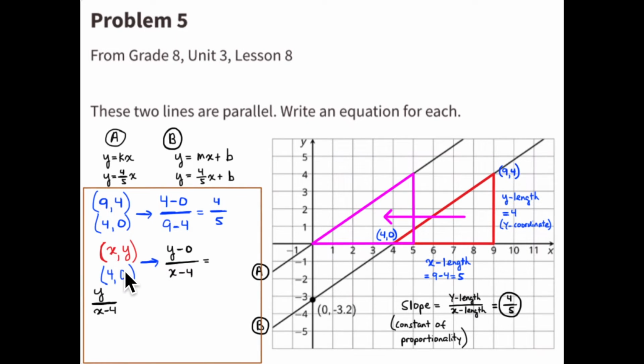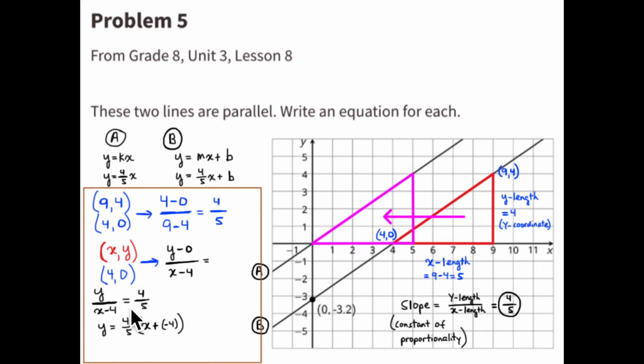So what that means is I can replace this point right here, (9, 4), with x and y. So I can choose any point along graph B. And if I subtract 0 from the y-coordinate and 4 from the x-coordinate, so y minus 0 and x minus 4, I'm going to calculate the slope. I'm going to get an answer of 4/5 for whatever point I choose, because that's the slope of the graph. So y over x minus 4, so this is y minus 0, so y, this is the x minus 4,